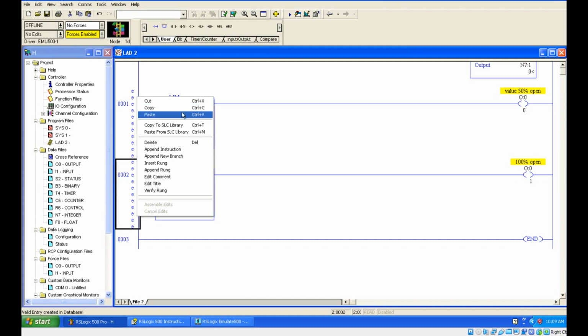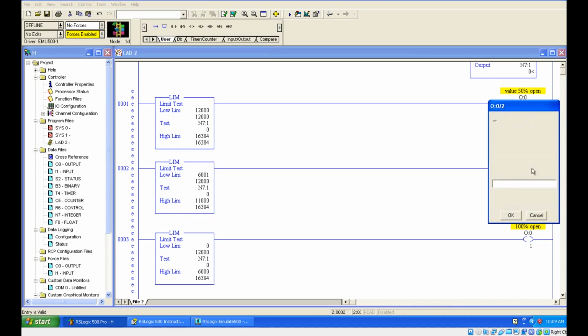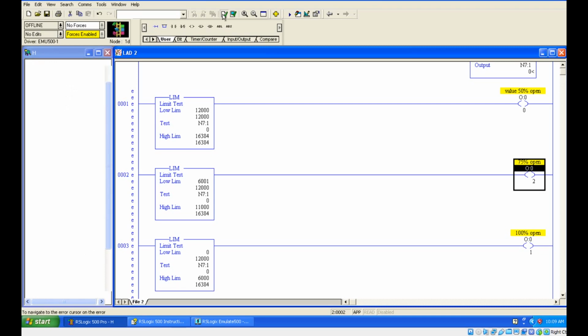So just go for one more paste, and here just give 6,000 to 12,000, some 11,000. Let's take 11,000. Okay. So in this, you are giving 75% open. Just take one more different output. Here you are giving 75% open. Fine. Got it? So now let's go online.